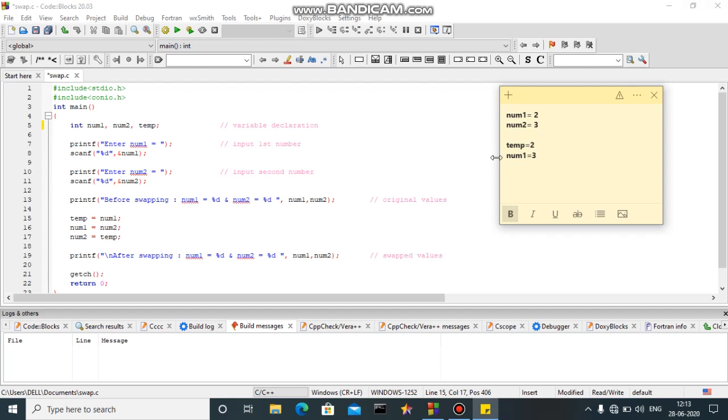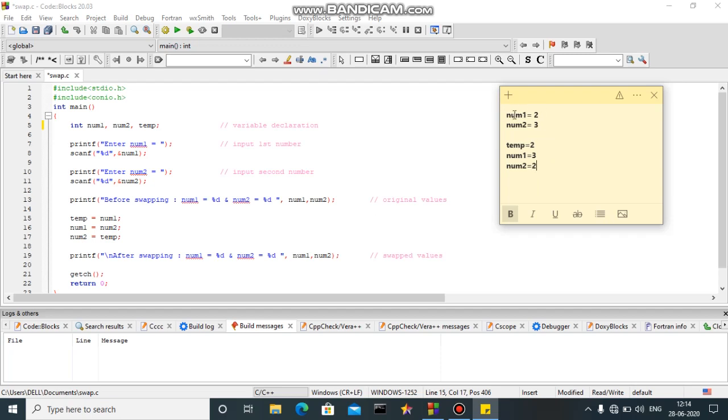Suppose if we don't use this temporary variable, then we would have used num2 is equal to num1 without the third variable, but the value of num1 is 3 as per our syntax. If we assign the value of num2 is equal to num1, it will print both the values as 3. For that purpose, we have used the temporary variable. Temporary variable will store the value of num1, which will later be used by num2. Therefore, value of num2 is equal to 2.